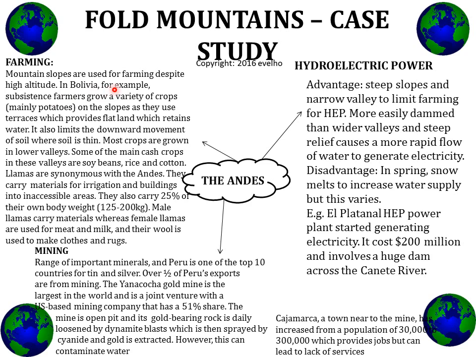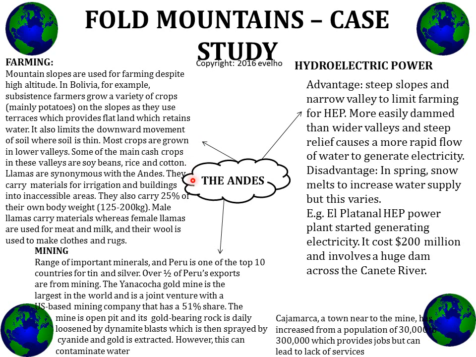In Bolivia, for example, subsistence farmers grow a variety of crops, mainly potatoes, on the slopes, as they use terraces, which provide flat land which retains water. Terraces are basically steps cut into hillsides to create areas of flat land. It also limits the downward movement of soil where the soil is thin. Most crops are grown in the lower valleys, and some of the main cash crops in these valleys are soybeans,